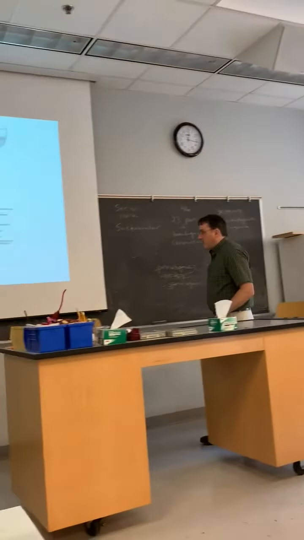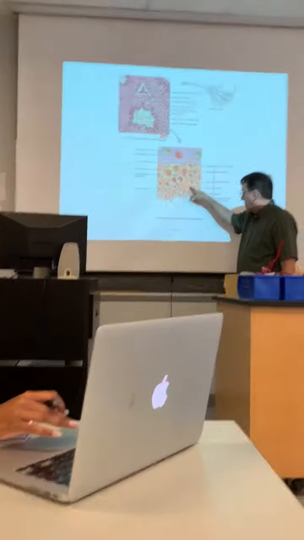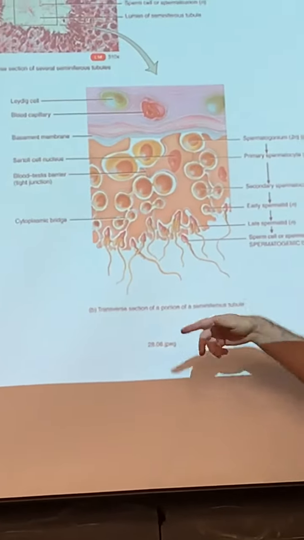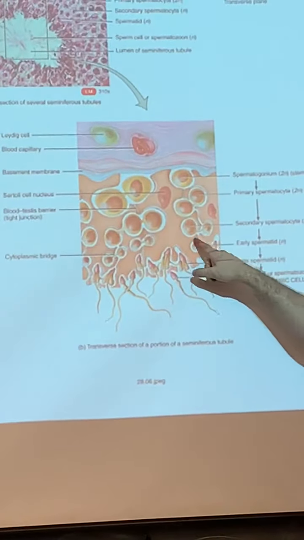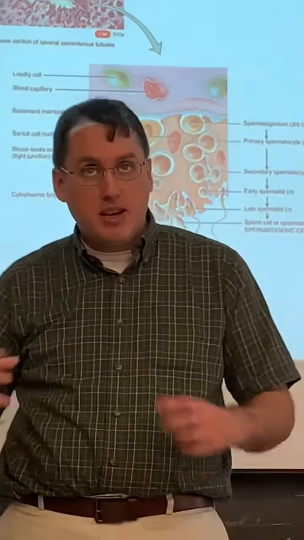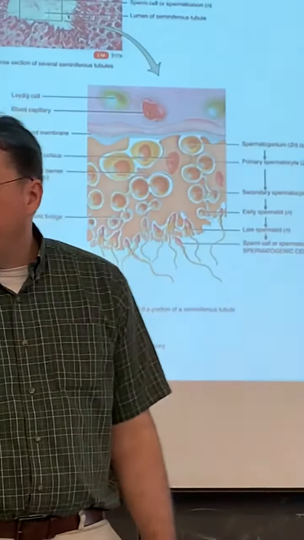All right, so these are the cells you see here stretching from the superficial part to the lumen. And they do a couple of things. Again, they nourish the cells as they go along, they protect them. They play a big role in spermiogenesis. They're part of how we remove that extra cytoplasm and compact down the sperm. But then one more thing they do here